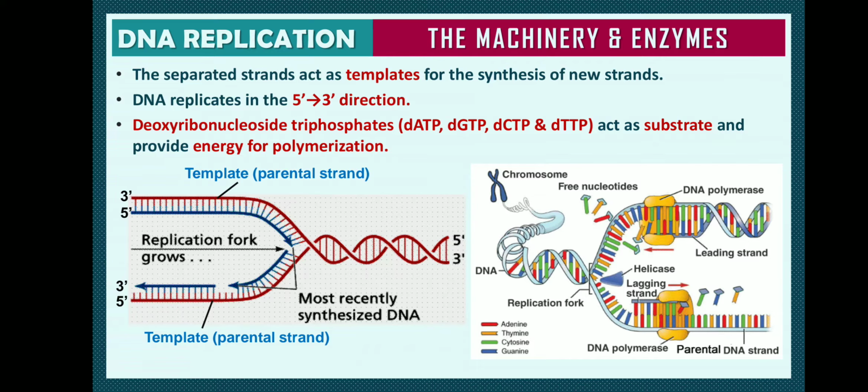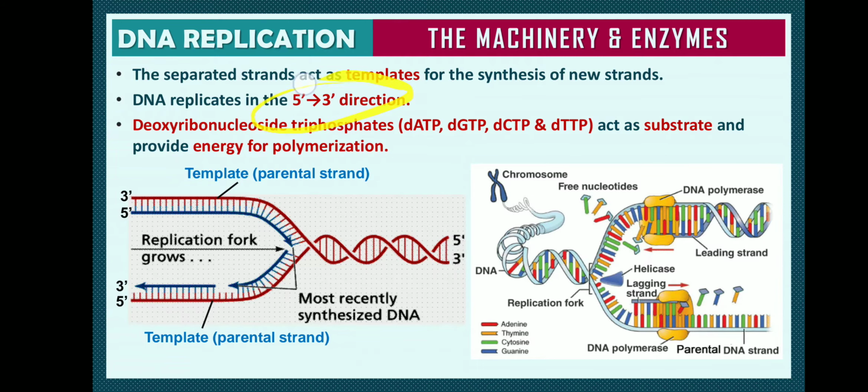So that's the reason the template strand, that is the parental strand which is in the 3 prime to 5 prime direction, will have the complementary strand synthesized in the 5 prime to 3 prime direction, where this is possible. So 5 prime to 3 prime continuous synthesis will take place. Whereas the other parental strand, which is already in the 5 prime to 3 prime direction, needs synthesis in the 3 prime to 5 prime direction.